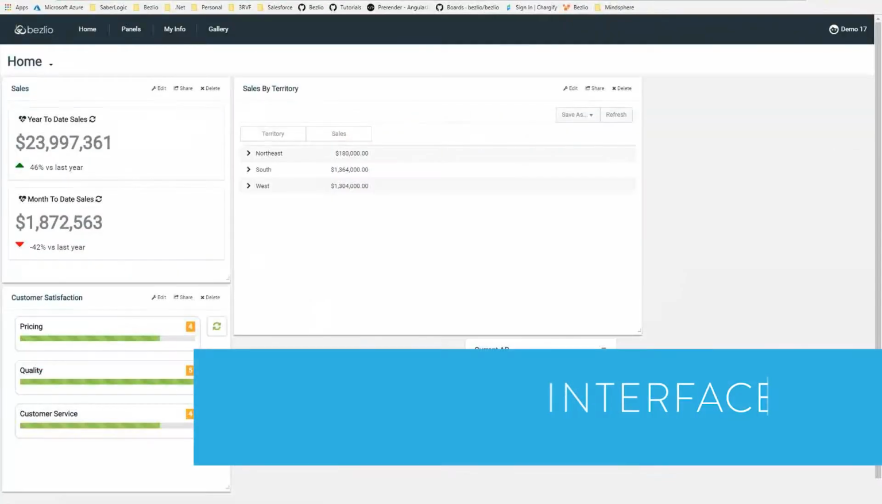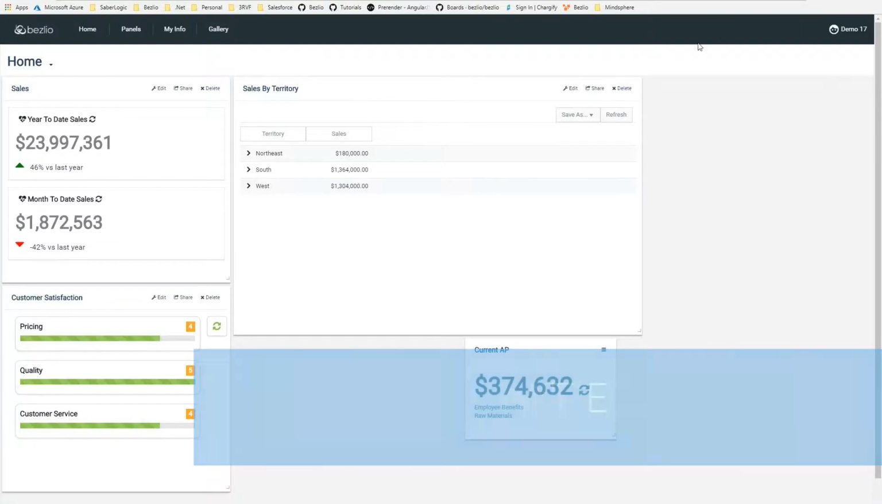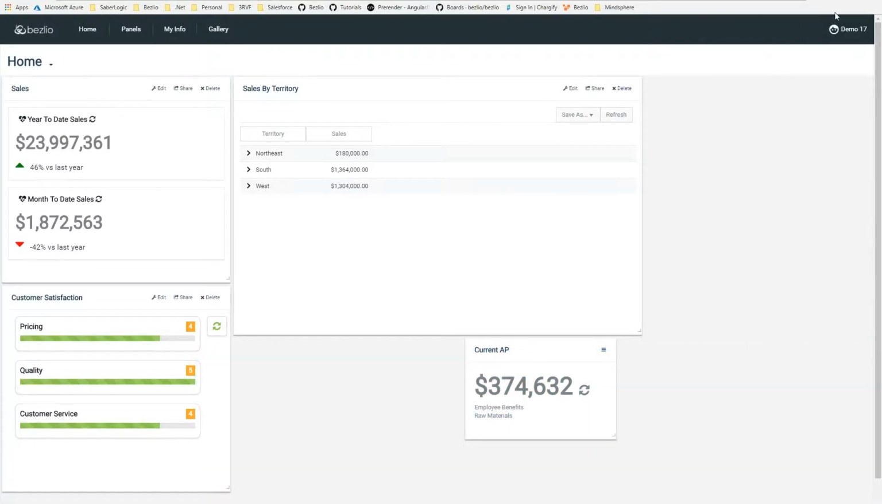Here and kind of show you what this thing actually looks like. And to do that, I have a typical demo with a handful of demo accounts. So I've got one here. I'm logged in as a user called Demo17. And the first thing you do when you log into Bezlio is you're going to see what we call our